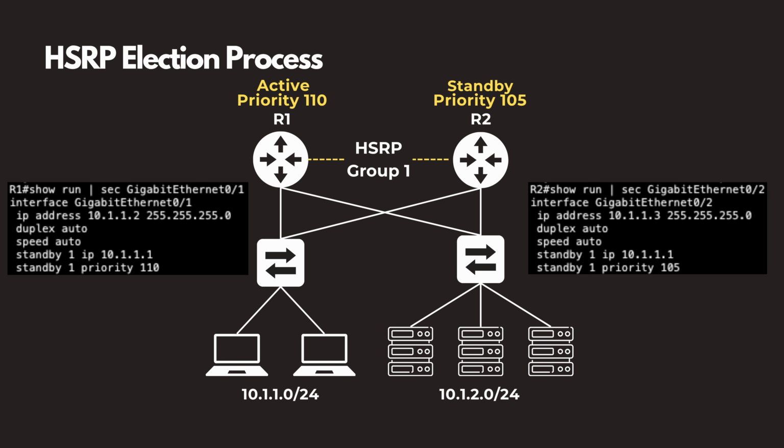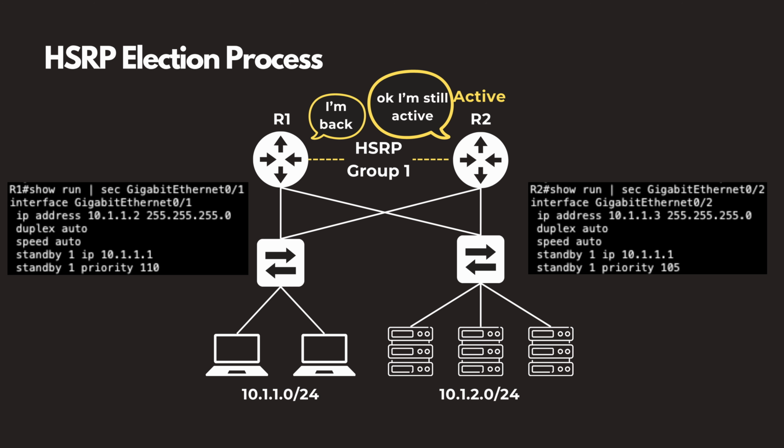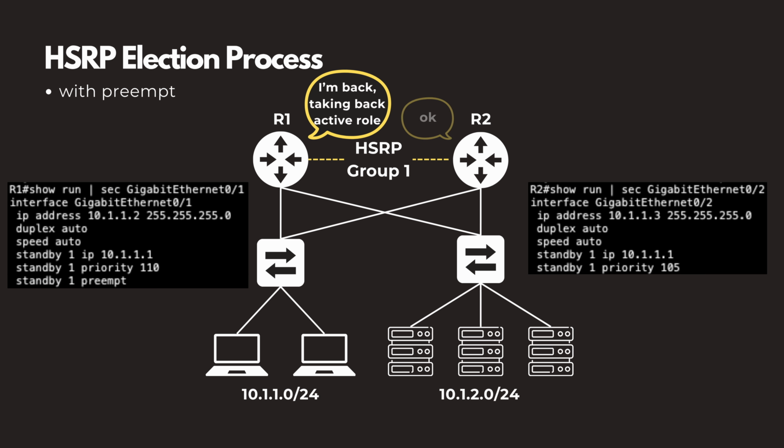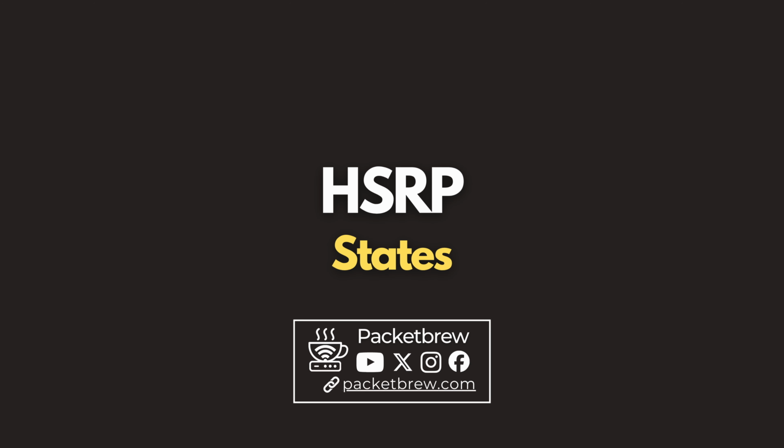Here's a sample configuration. Take note that in HSRP, when an active router fails and the standby router takes over, the previous standby router stays active even when the original active router comes back in the topology. This is because preemption is disabled by default. So you need to configure preemption so that the original active router can reclaim active status when it is restored after a failure.